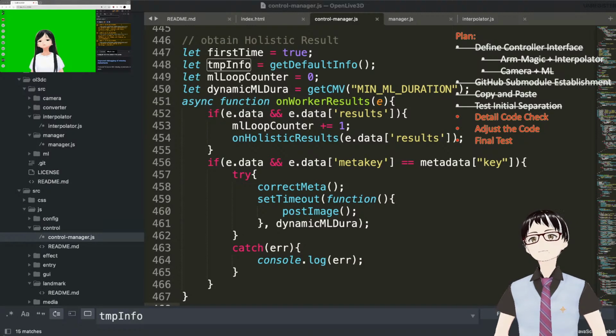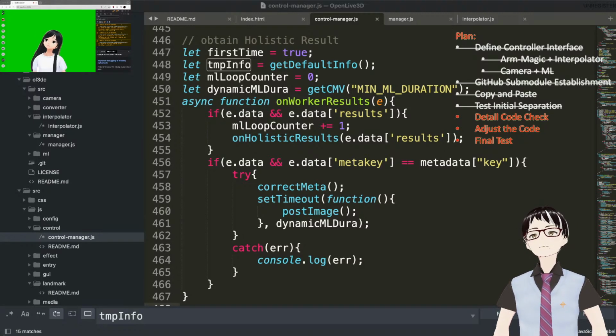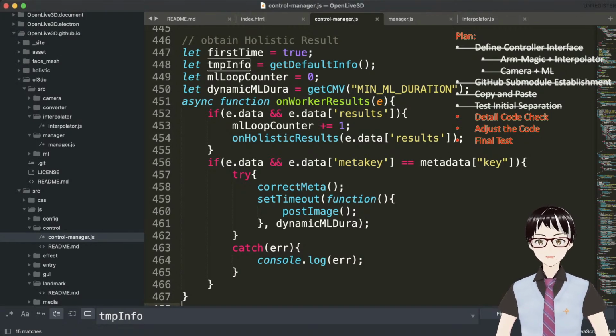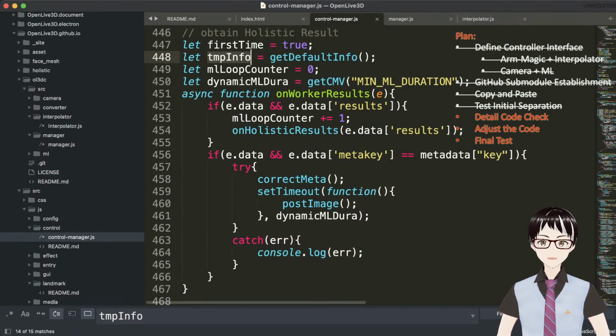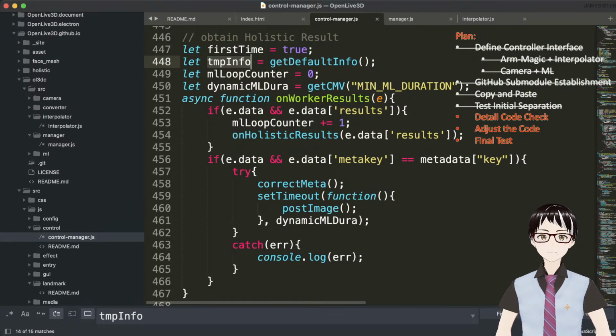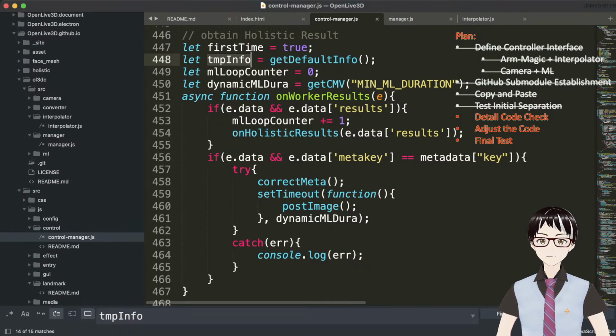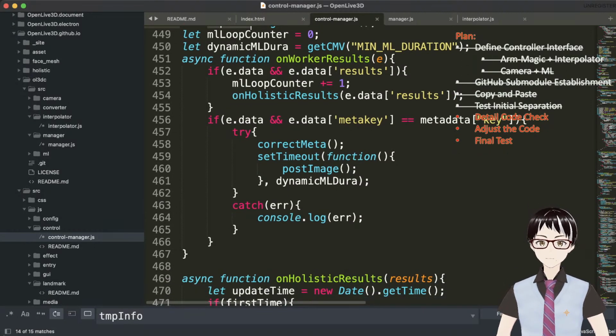First of all, our test bench is still up there. Yeah, it's still moving. Okay. Let's try. Temp info is our target. Everything under temp info should be moved to manager. Everything under temp info should be moved to manager, which means